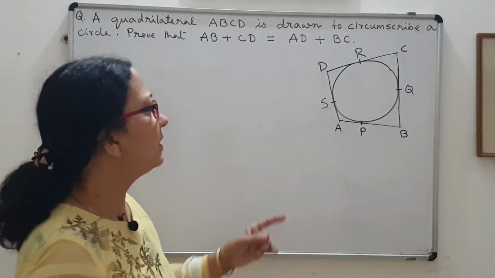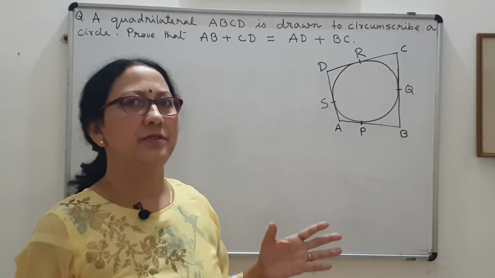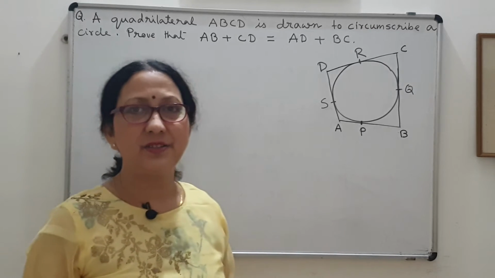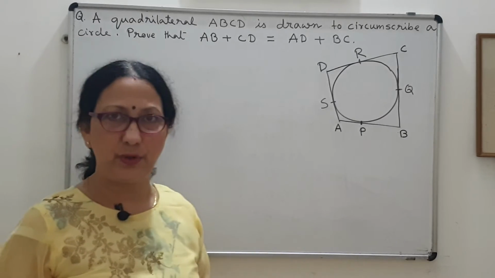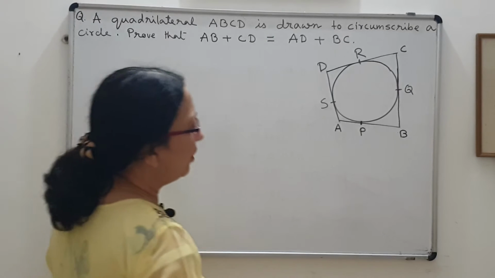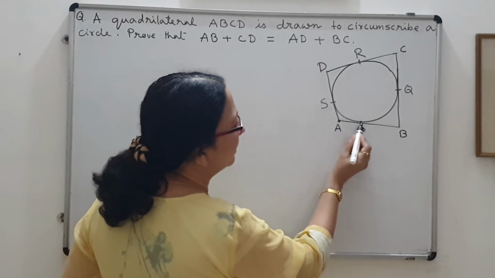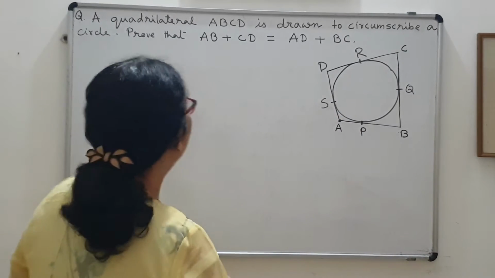Whenever there are tangents from an external point to a circle, the second theorem of the circle chapter will come to your mind, that is, the lengths of tangents drawn from an external point to a circle are equal. So, we will be using that theorem. When we consider A to be the external point, then AP is the length of tangent, AS is also a length of tangent. So AP will be equal to AS. So we can write